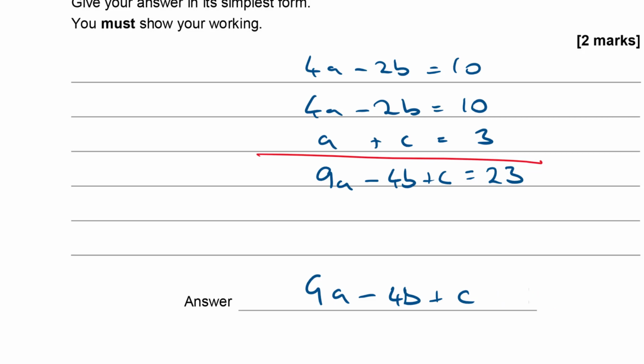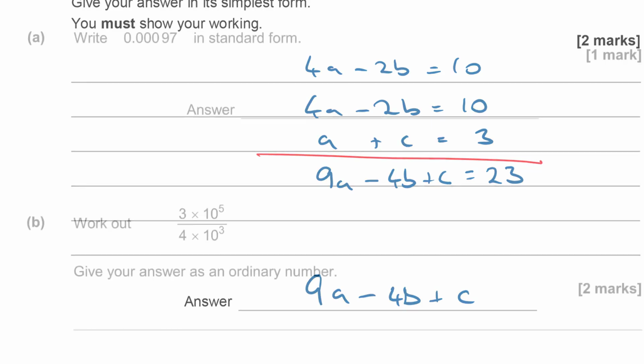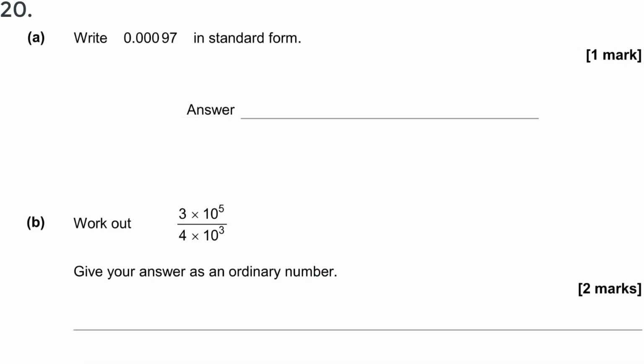So I suppose the expression is just that then, isn't it? 9a minus 4b plus c. Right, 0.00097 in standard form. Okay, so it's obviously going to have a negative exponent or power. Now the mantissa part is just the digits written as a number between 1 and 10, aren't